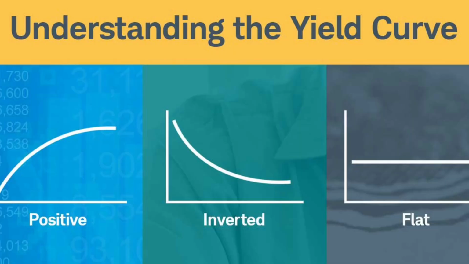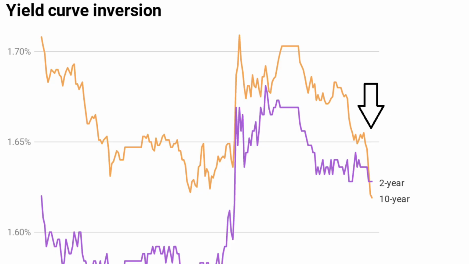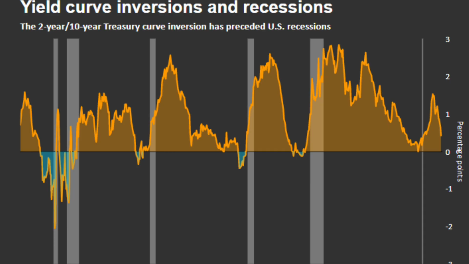On specific historical occasions, before a recession, the yield on the 2-year bond is higher than the yield on the 10-year bond. This usually happens a few months before a recession or an economic crisis.